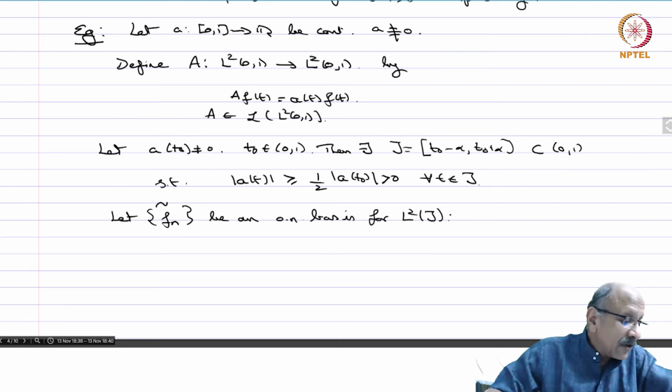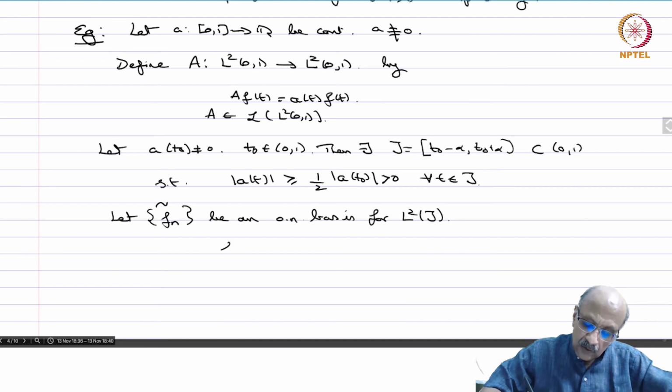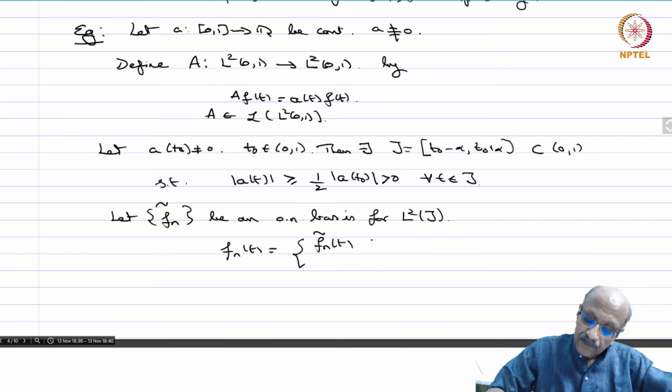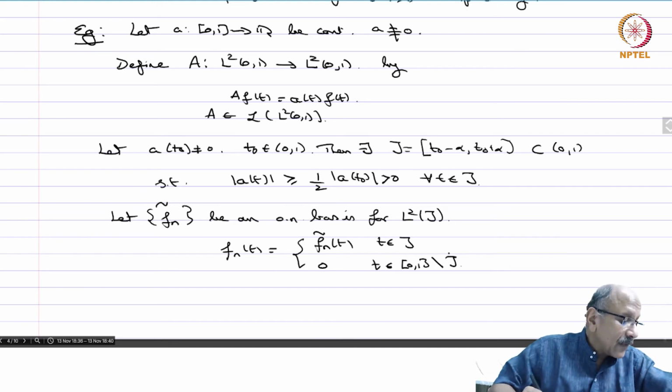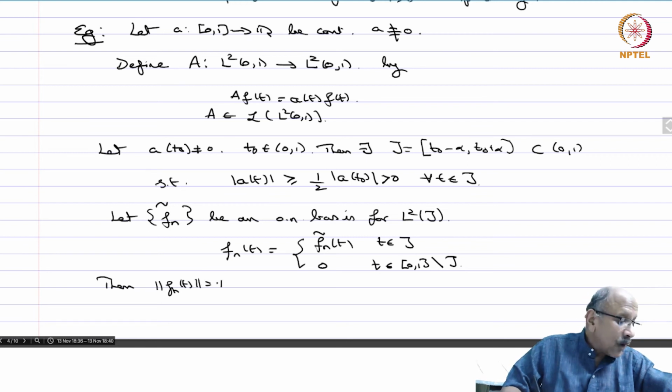It's also an interval, so it's a separable space, so you have an orthonormal basis. So you now define Fn of T is equal to Fn tilde T if T belongs to J, and 0 if T belongs to [0, 1] minus J. Okay. Then norm Fn equal to 1 for all n,